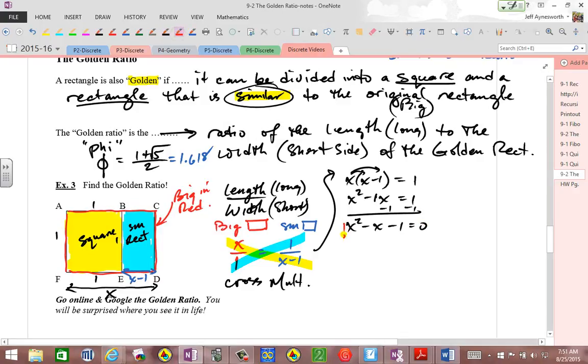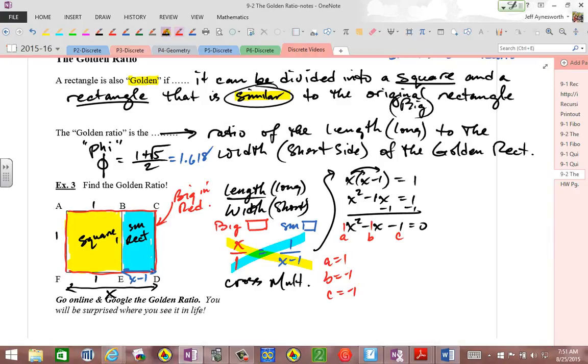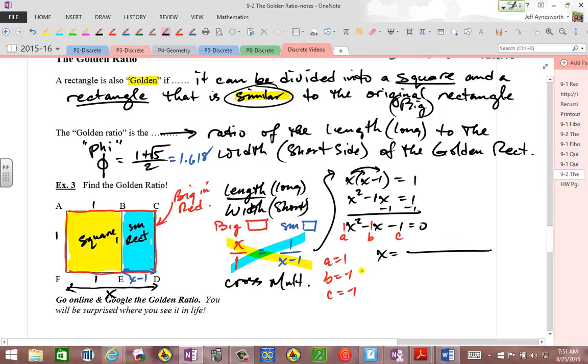We understand that a is 1, b is negative 1, and c is negative 1. So what I'm going to do is set up the quadratic formula, as we usually do. x is equal to the opposite of b, all right? So the opposite of negative 1 plus or minus the square root of negative 1 squared, which is 1, minus 4 times a, which is 1, times c, negative 1, all divided by 2 times a, which is 1. So x becomes 1 plus or minus the square root